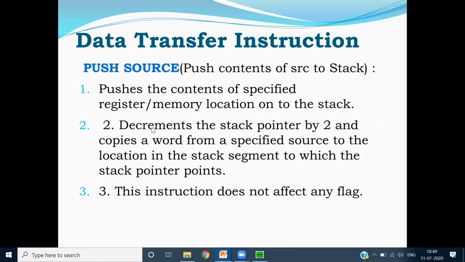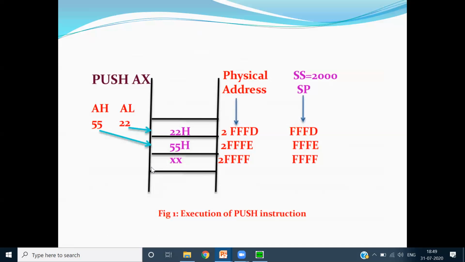Secondly, whenever it is being pushed, for example, it is going to start from here. My addresses start at 00000H over here, and FFFFFH will be at the top.